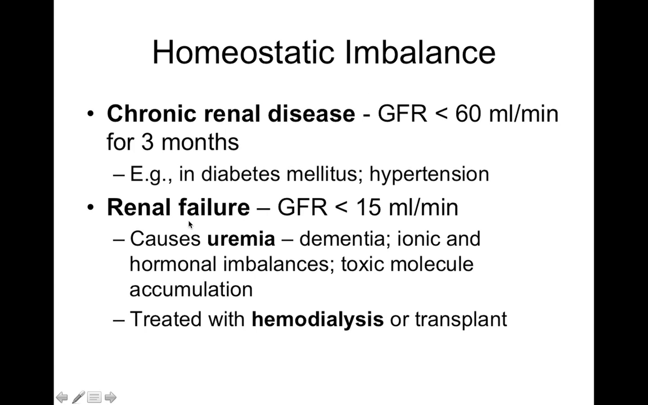And then renal failure is defined as a GFR less than 15 mils per minute. This can lead to things like uremia, which can lead to dementia because an excess amount of uric acid can start to cause damage to your neurons, as well as ionic and hormonal imbalances and toxic molecule accumulation. And this is reversed or treated with hemodialysis, which is basically like an artificial kidney, or someone gets a